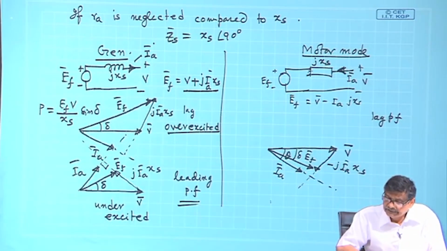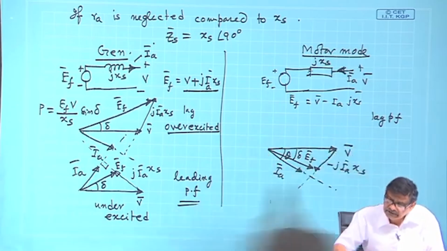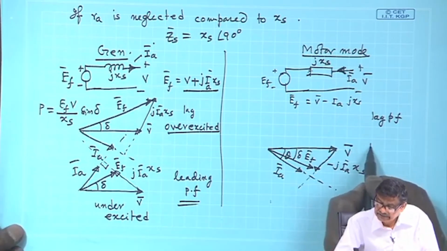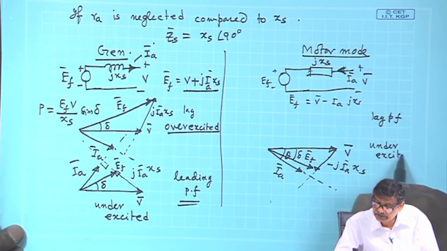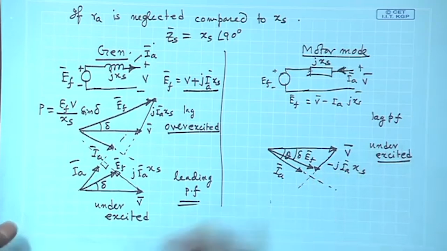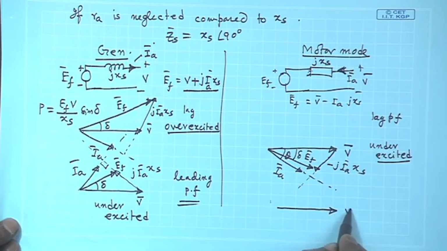Is it under excited or over excited? Length of E f is less than length of V. So, it is under excited, just opposite to that of a synchronous generator. If it is drawing lagging power factor current, it will be under excited, and what will be the leading power factor case? V. Suppose this is I A,